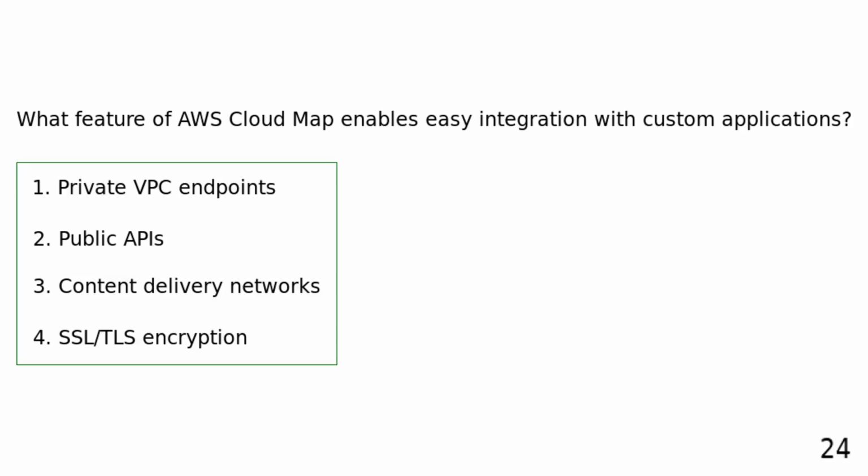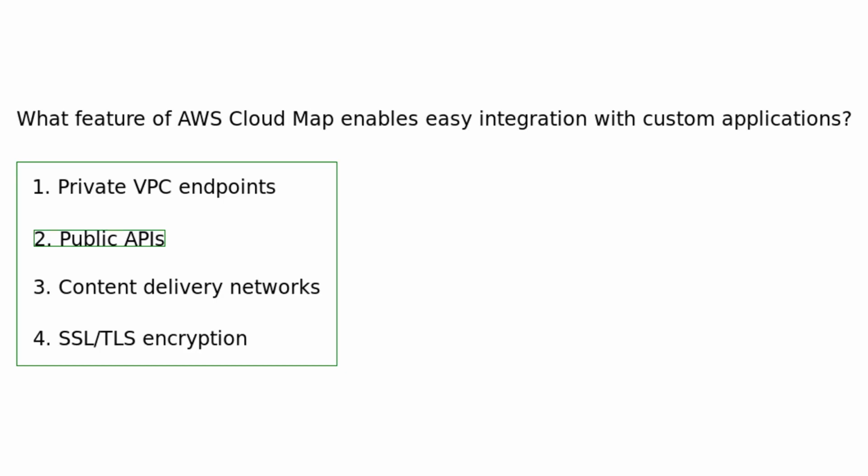What feature of AWS Cloud Map enables easy integration with custom applications? Private VPC endpoints. Public APIs. Content delivery networks. SSL/TLS encryption. AWS Cloud Map provides public APIs that allow for easy integration with custom applications, enabling seamless service discovery and connection